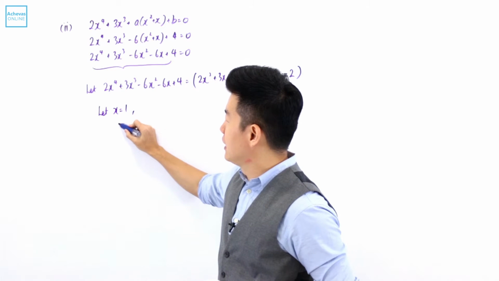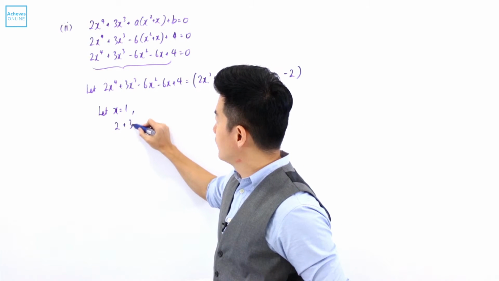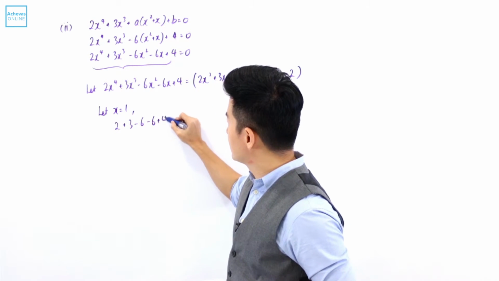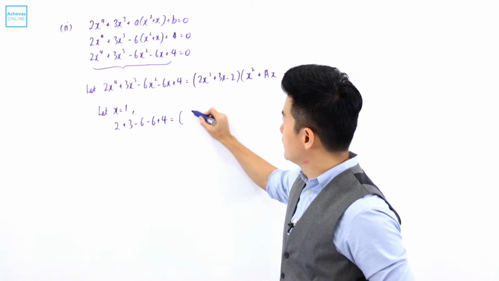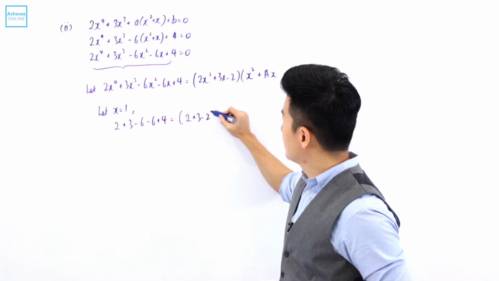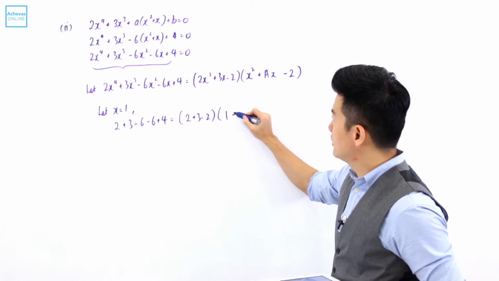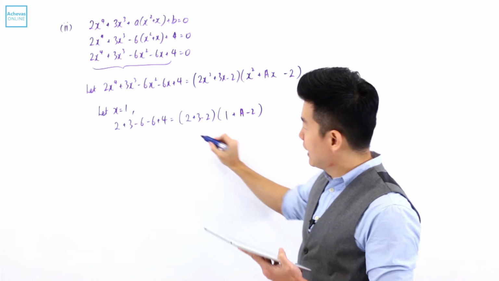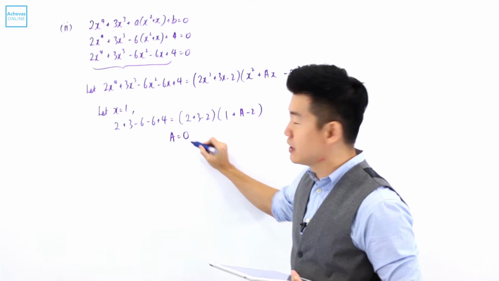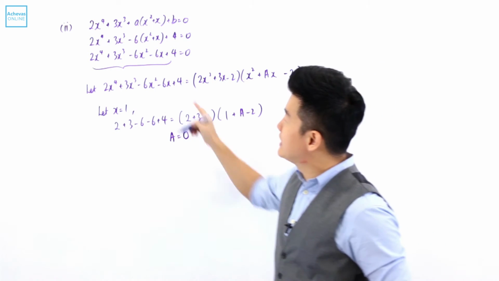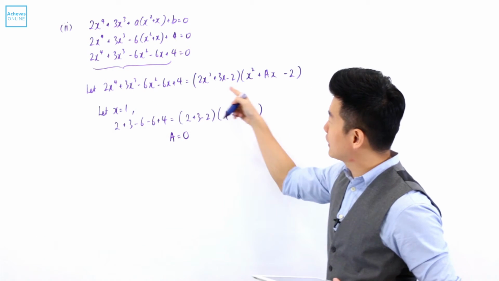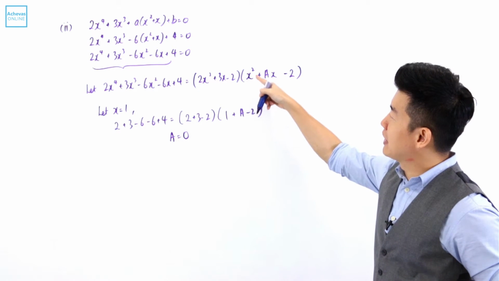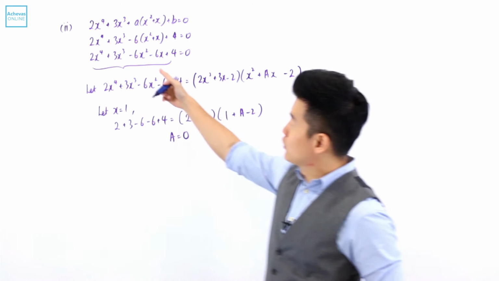On the left hand side, it is 2 plus 3 minus 6 plus 4 is equal to, this will be 2 plus 3 minus 2 and 1 plus a minus 2. This will actually work out an a that is equal to 0, which means that this equation here can be factorized into this multiplied by x squared minus 2. So from here,